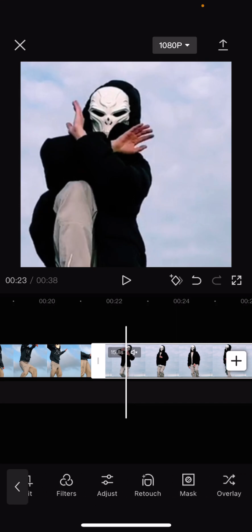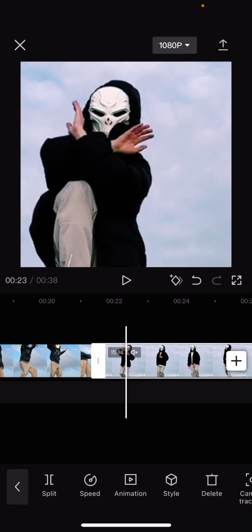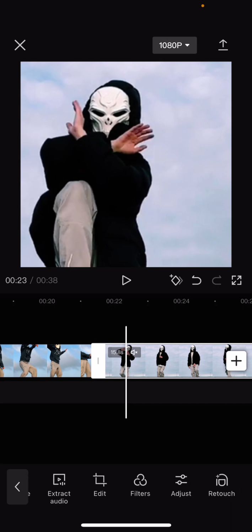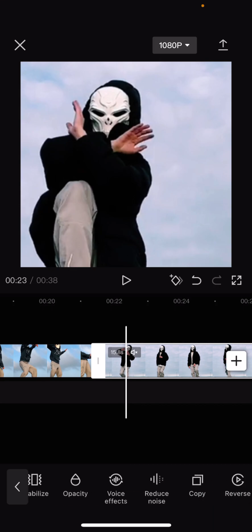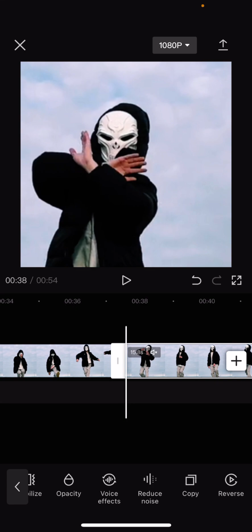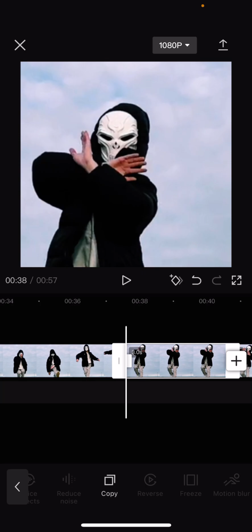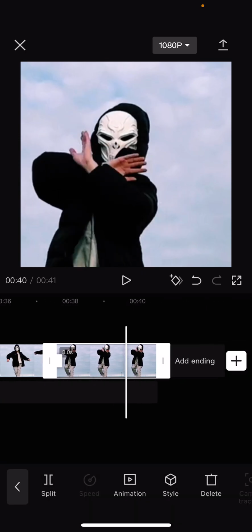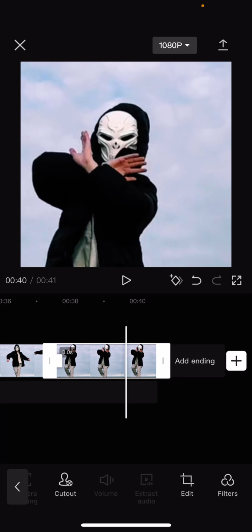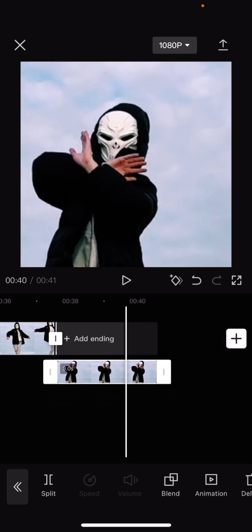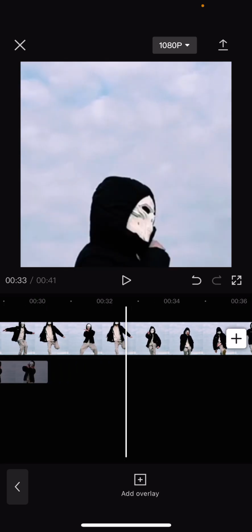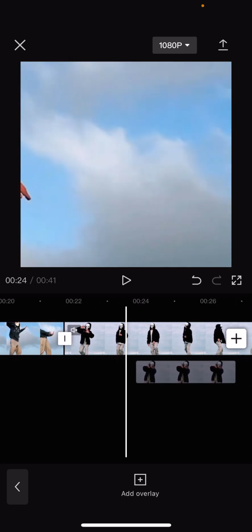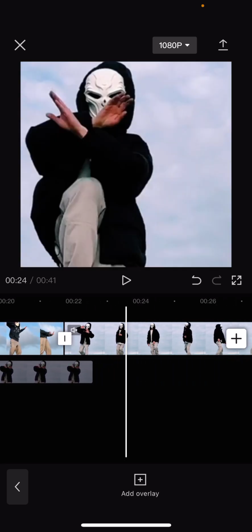If I can just find it. Hold on, it's here somewhere. There you go. And then on the copied version, you're actually just going to select freeze and delete the rest of the clip. Select the last video that you just duplicated and select overlay and add it to the beginning of the video here,